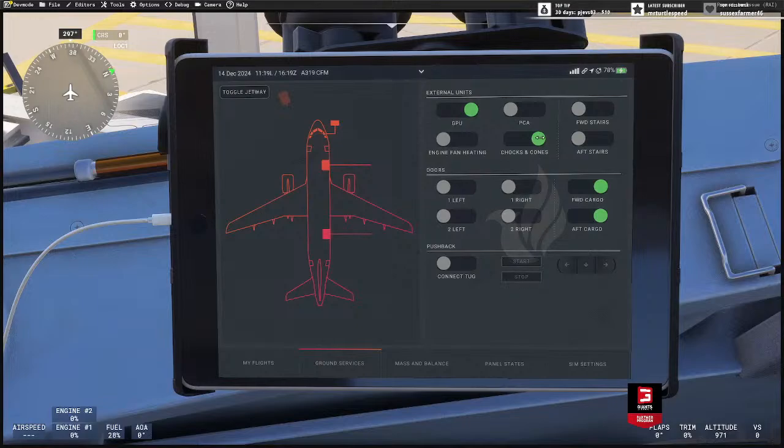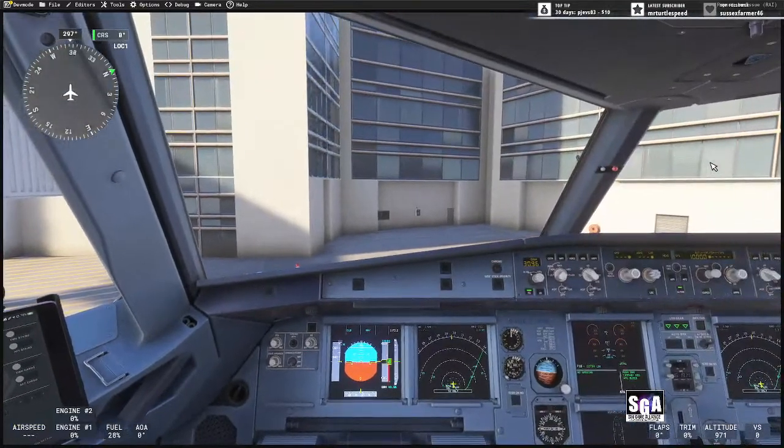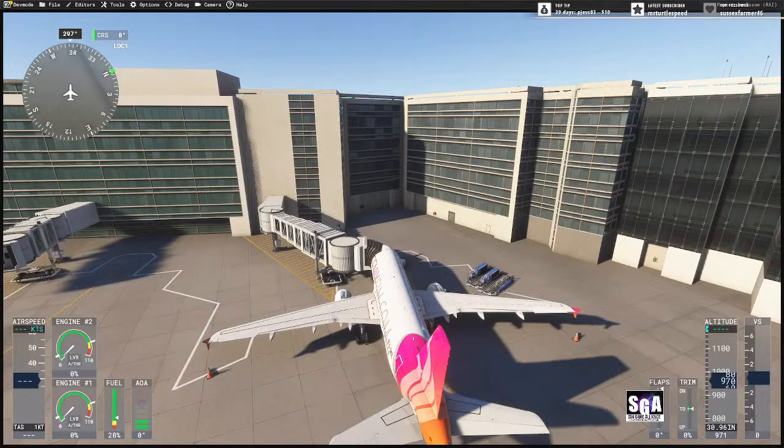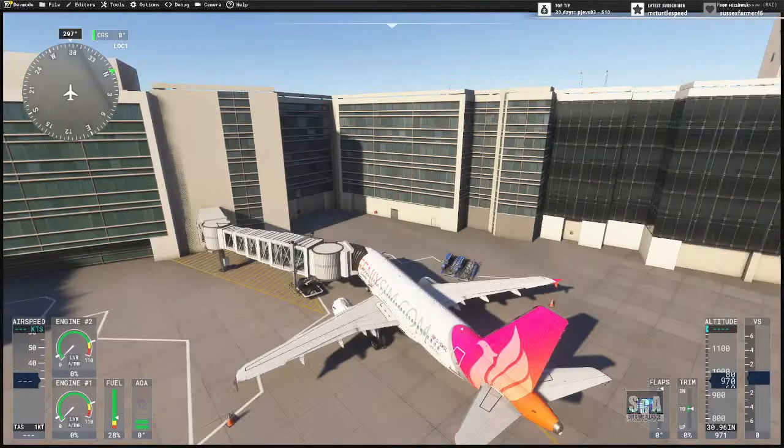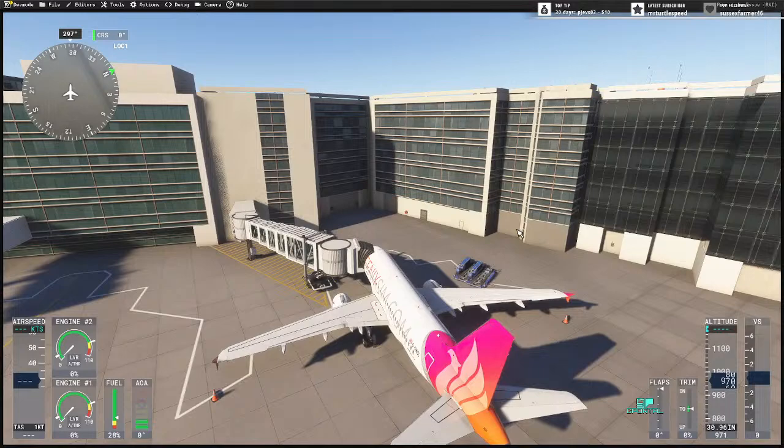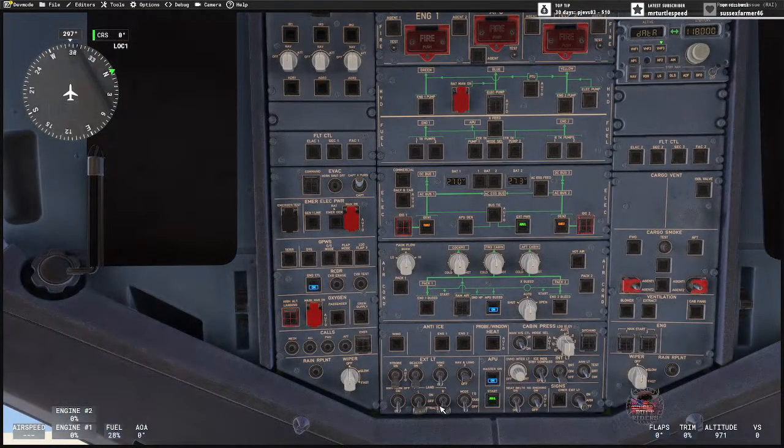Wait, or are they not done? Alright, so we got that. Permission to push and start. Yes. And then, so if I turn the beacon on, it's supposed to